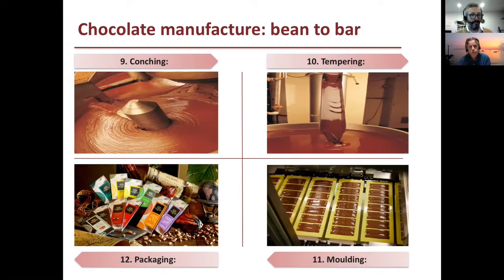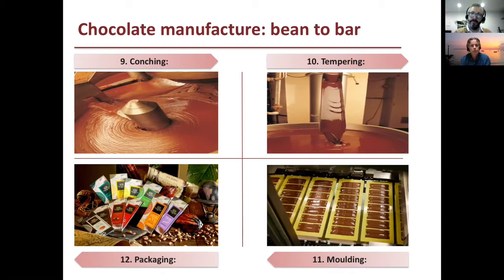Cocoa butter is the most extraordinarily clever fat. It exists in a lot of different crystalline forms. This is called polymorphism, but there's only one form of cocoa butter fat which is stable, and that is called beta prime. And what we do to get beta prime crystals is we heat the chocolate, which makes all the crystals melt. Then we cool it, which gives us beta prime crystals plus some others. Then we warm it up very, very slightly.